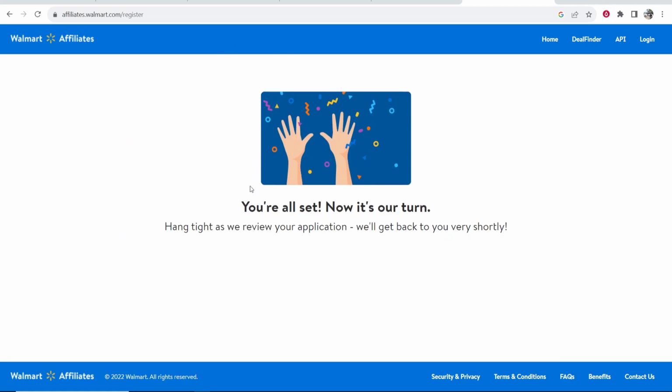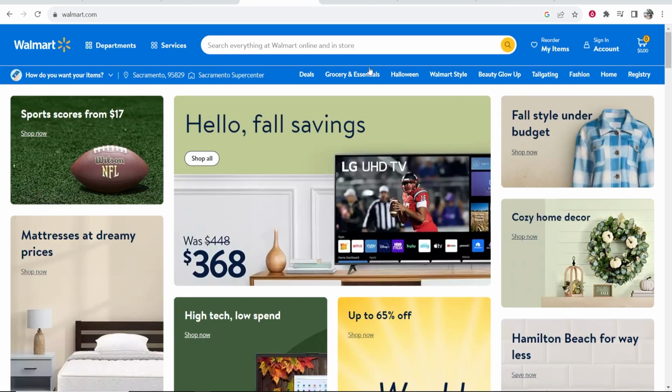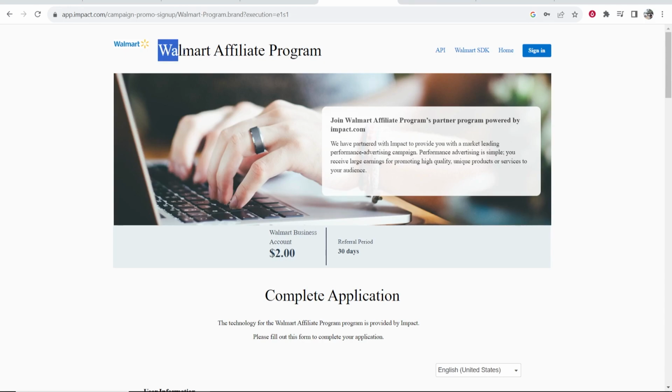Now once you've done that, you're going to get this message appear which says you're all set, now it's our turn. Hang tight as we review your application. We'll get back to you shortly. Now if you don't get anything back from this application, then you can in fact apply a different way through the Impact Affiliate Network. Now I'm not sure why they hide this on their page, but they actually run their